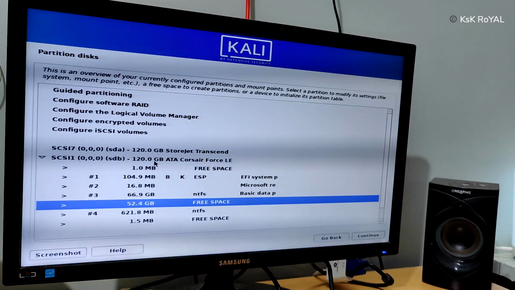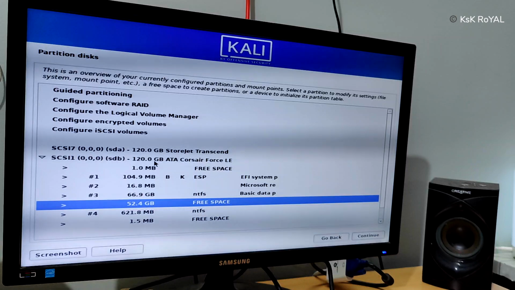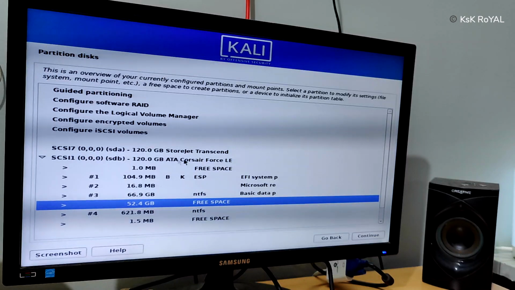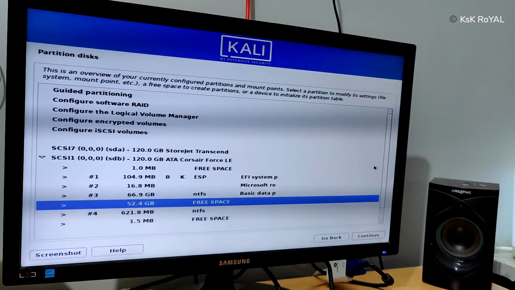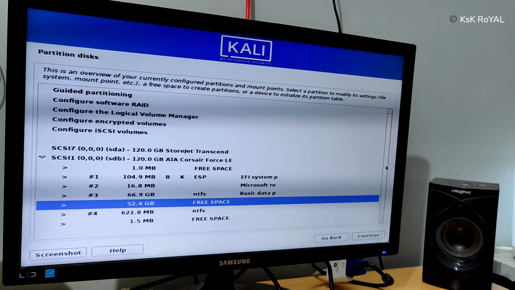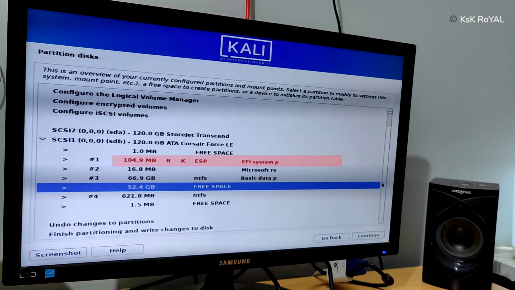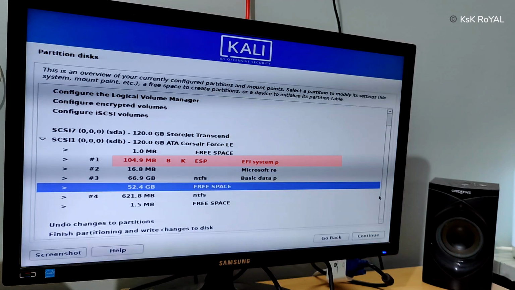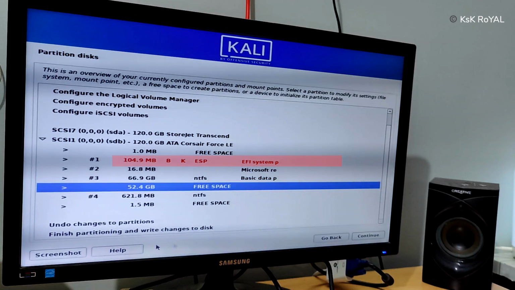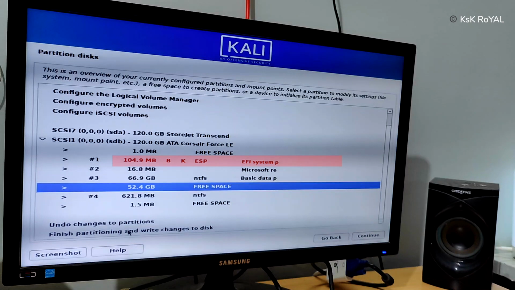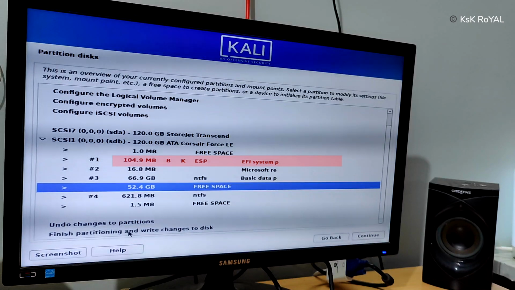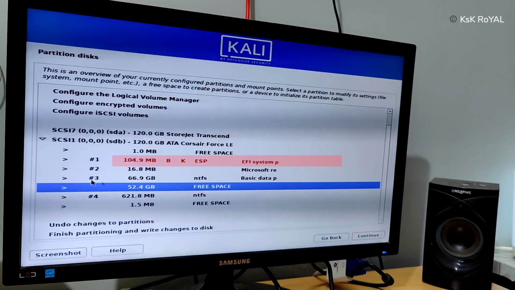If you notice here, every UEFI system has a partition named ESP, aka EFI system partition, which is where the Windows and Kali bootable files will be present. In this case, we are sticking with two partitions, root and swap, and Kali will automatically install the GRUB bootloader in the EFI partition. Anyway, first I'm going to create a root partition.